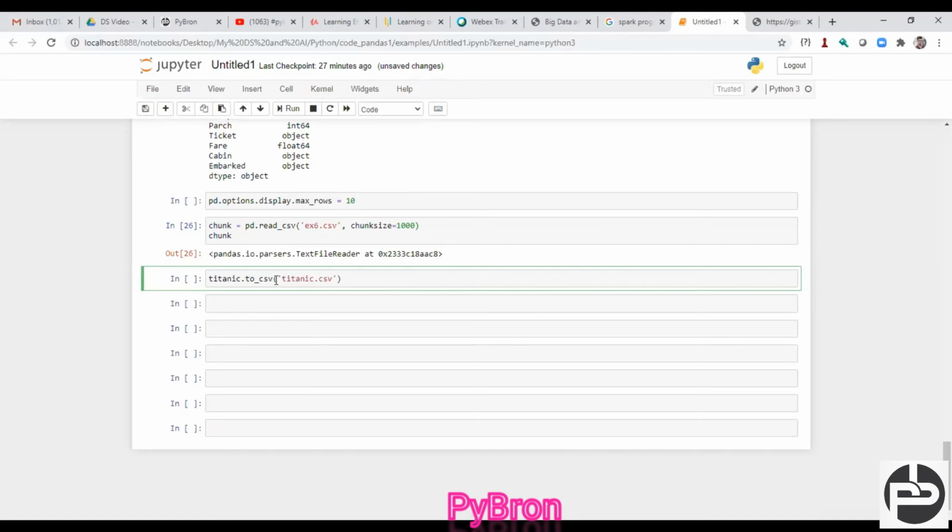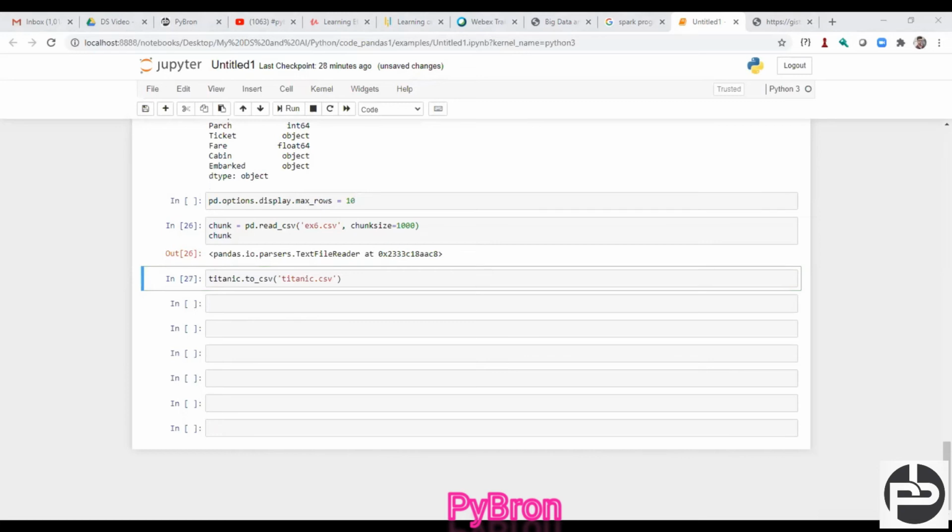Now if I execute this code and go to my local system, on the desktop, MSDS AI, Python, Conda, example, you can see Titanic.csv. You will get it out.